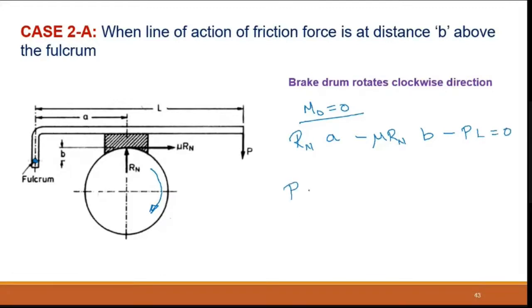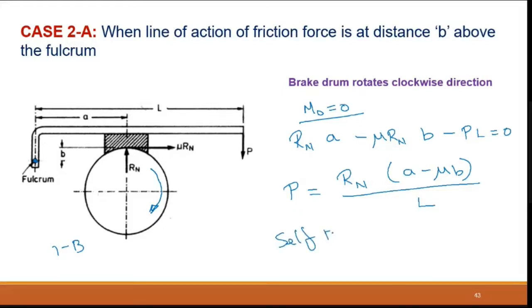Or I can say that P is equal to Rn into (A minus mu B) divided by L. This is the same formula as we discussed in case 1B. In that case it had to rotate in anti-clockwise, but now it has to rotate in clockwise. That is the difference. So this brake will be self-energized